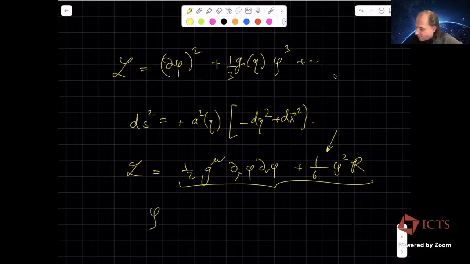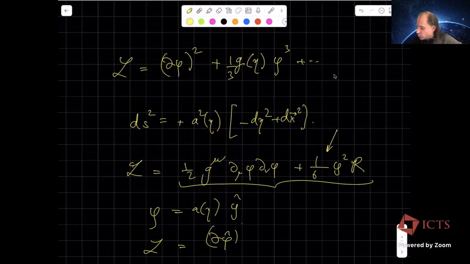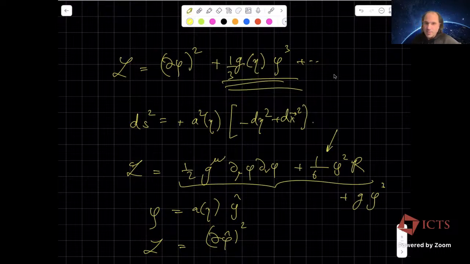If I just write phi equals a of eta times some phi hat, then the Lagrangian in phi hat variables just turns into the usual d phi hat squared. Okay, in this case, just the massless d phi hat squared. So the free part is conformally coupled, but the interactions don't have to be conformal. And so, if in this theory I have a time-independent interaction, after I do the conformal transformation, I get a time-dependent, eta-dependent